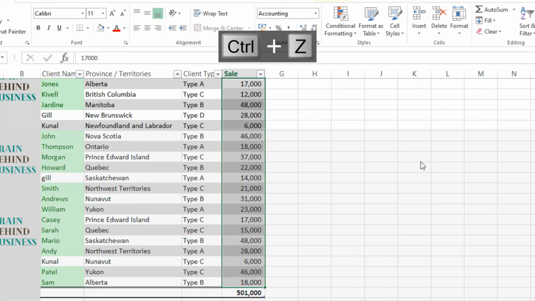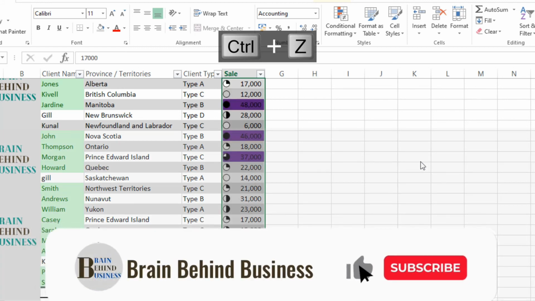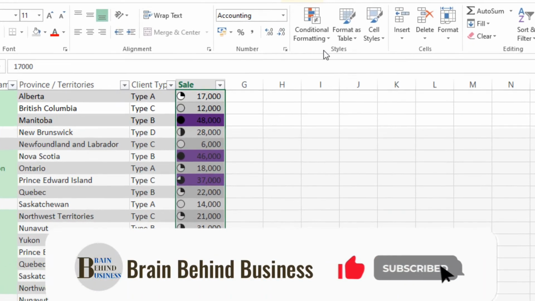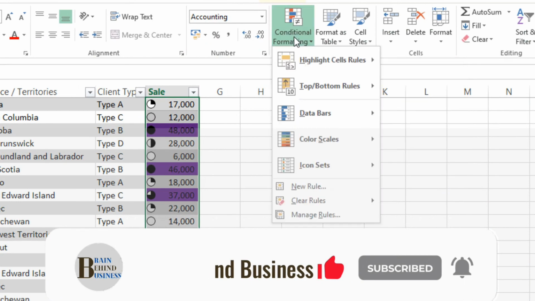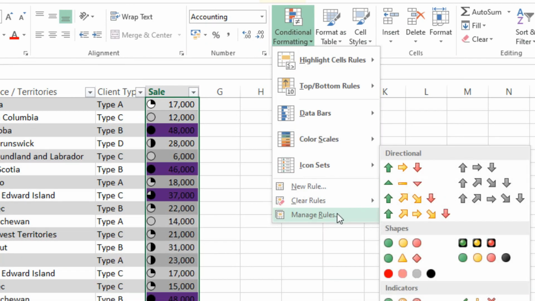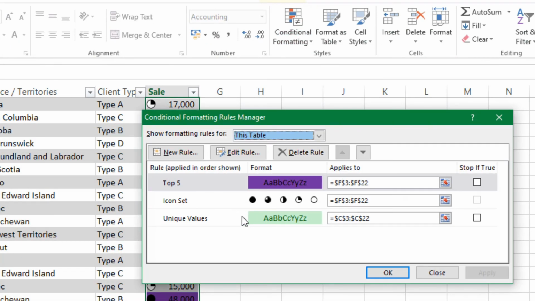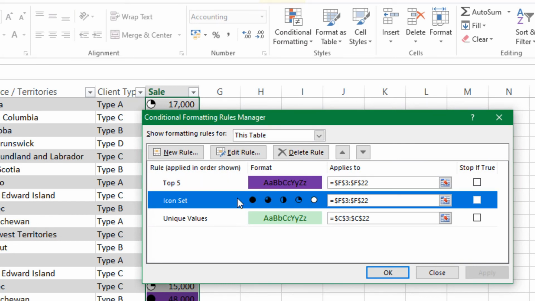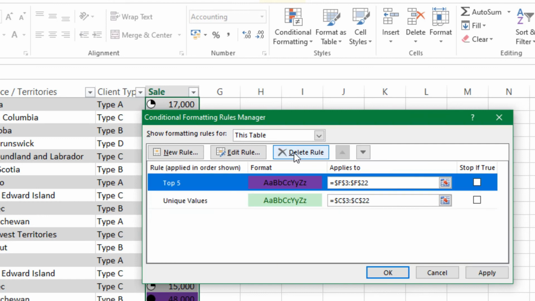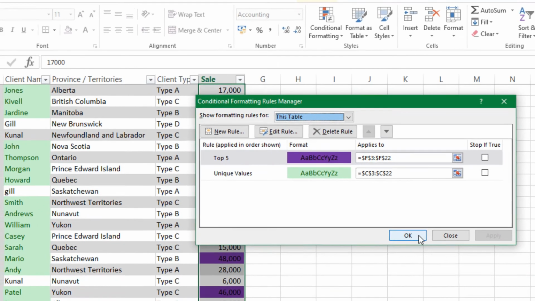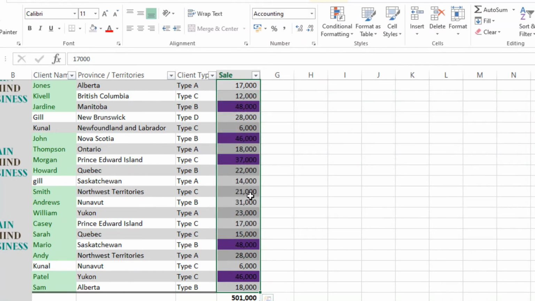We will press Ctrl Z to undo it, and now we will choose conditional formatting, then manage rules. You can see there are 3 rules which are applied here. We'll select this and then delete rule, so it is deleted, and then I will apply it, and OK, you can see it is deleted.